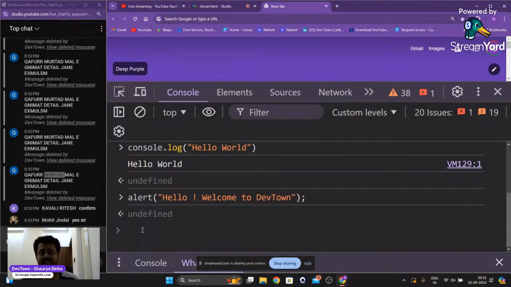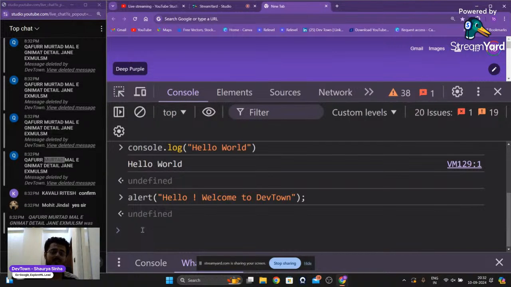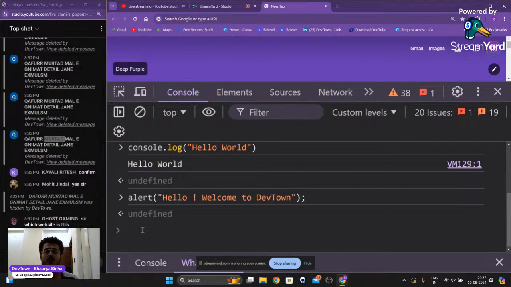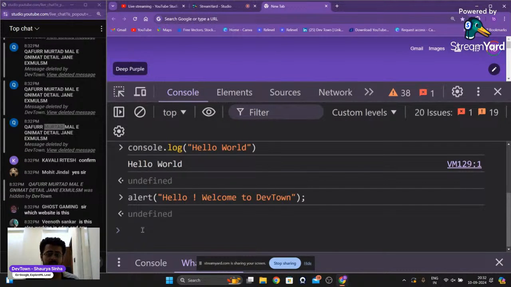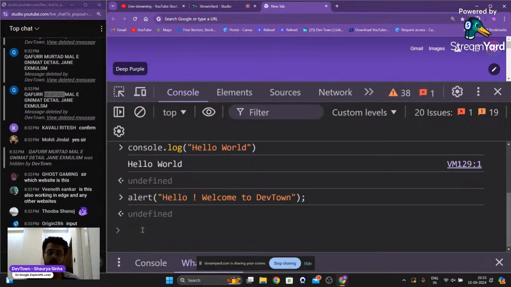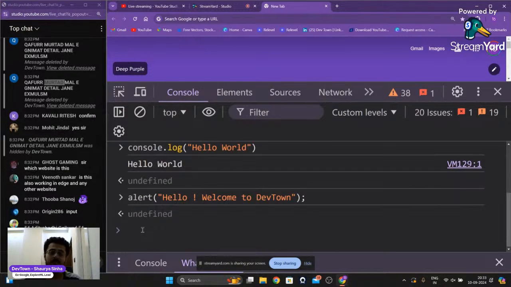Okay, so the next thing: now that we have showcased something to the user, we want to take in an input from the user as well, right? So how can we do that? By using something called prompt. Prompt basically means I'm prompting my friend to speak in front of his crush, or to throw this rock at that particular instructor. So prompt basically means you are trying to take in an input, to make somebody do something.